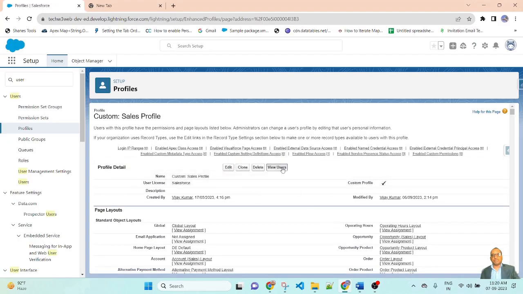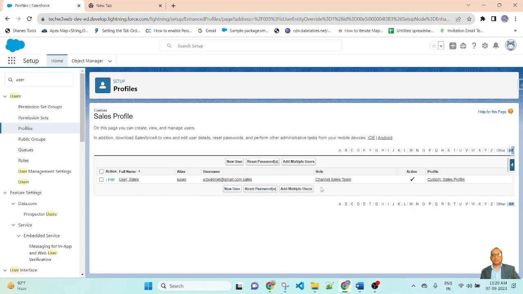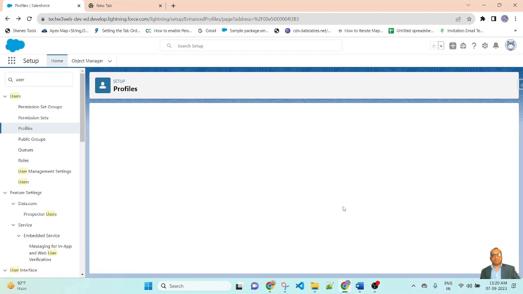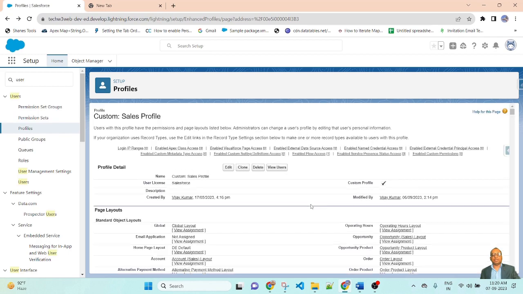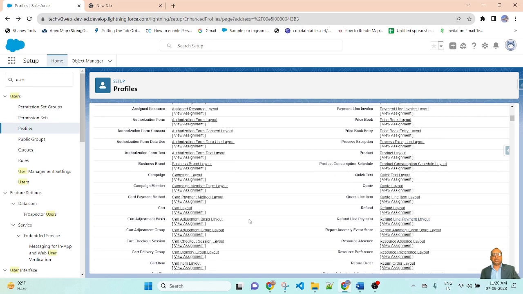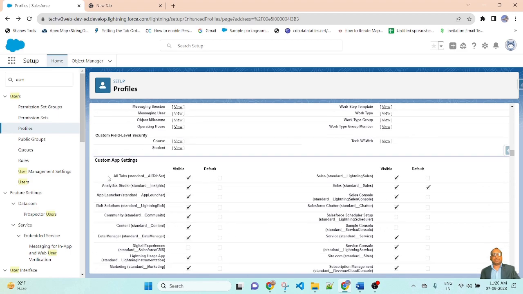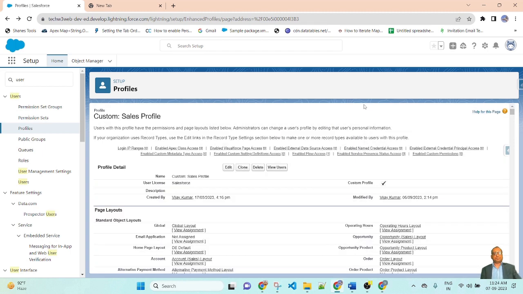Go to the view user. In this profile, there is one user associated with this profile. Go back, and here you can set the permission and setting like page layout, field level security, custom app setting.